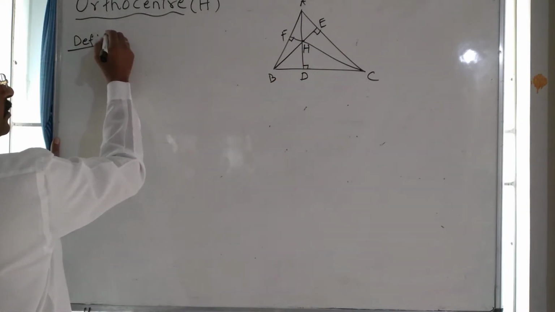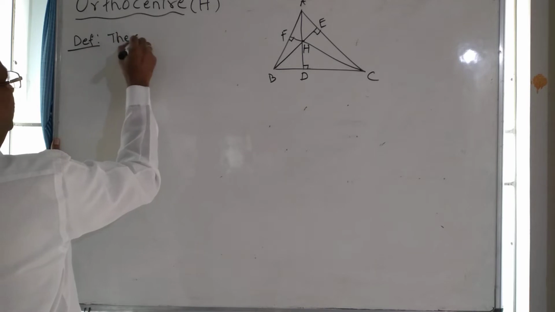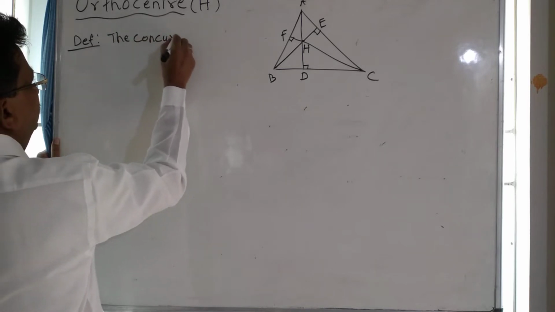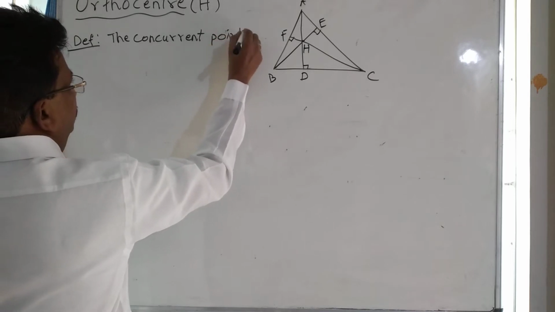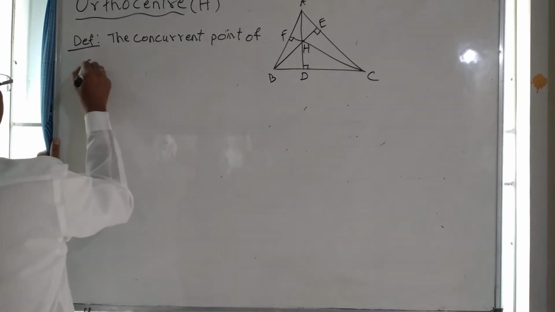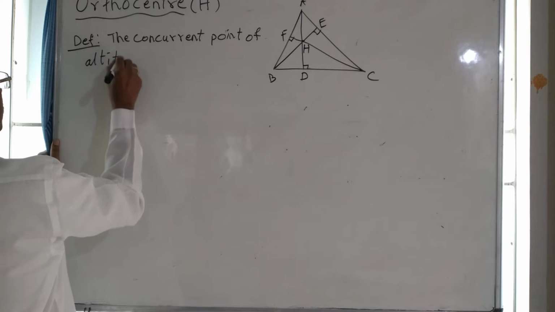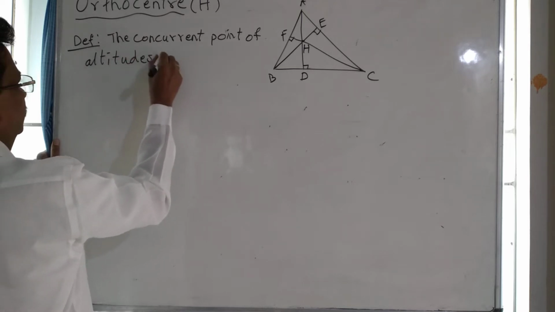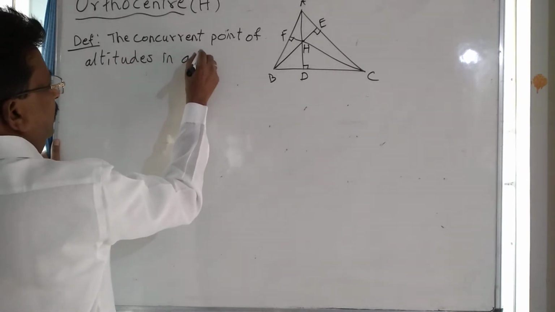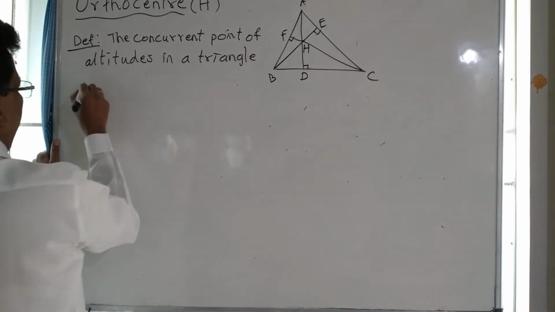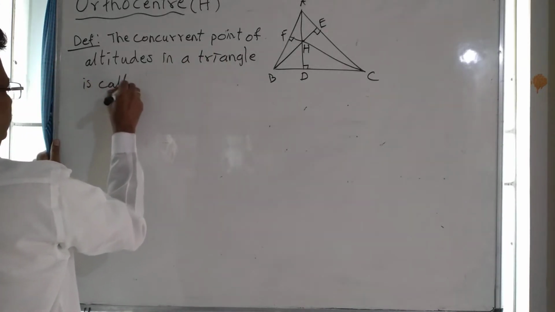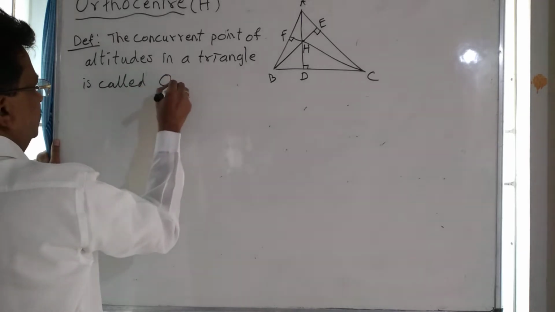Definition: the concurrent point of altitudes in a triangle is called the orthocenter